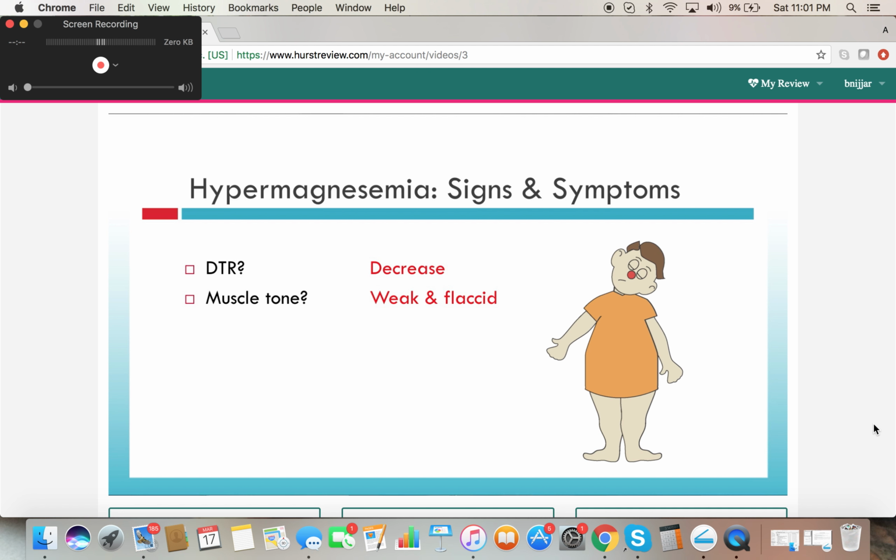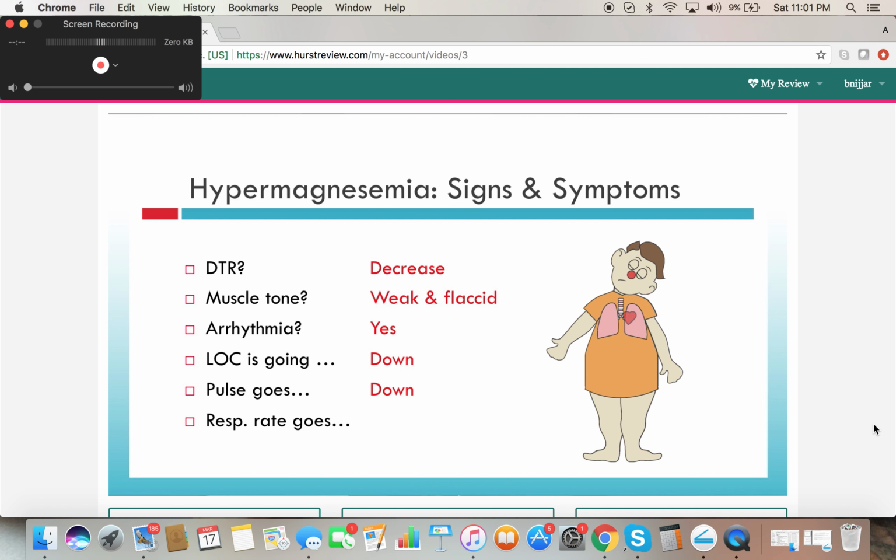Yes, weak and flaccid. Could I have an arrhythmia? Absolutely. If I am sedated, my LOC is going to go down. What's my pulse going to do? It's going to go down as well. What about your respiratory rate? What is it going to do? It's going to go down because what? MAG acts like a